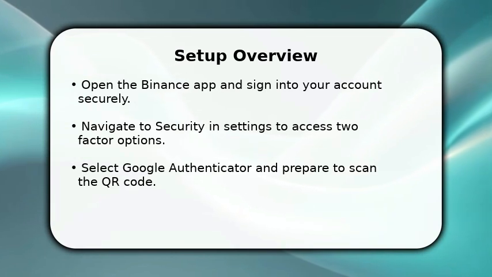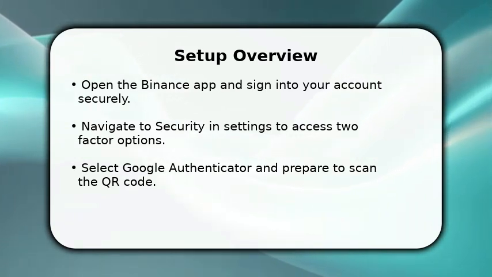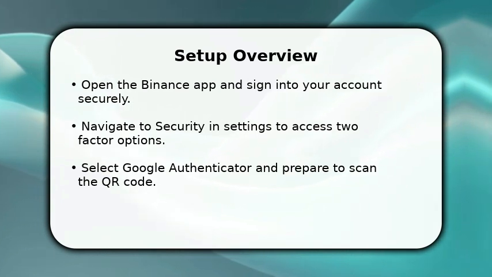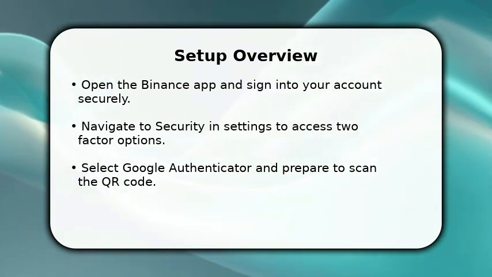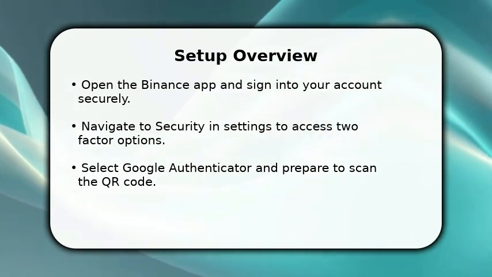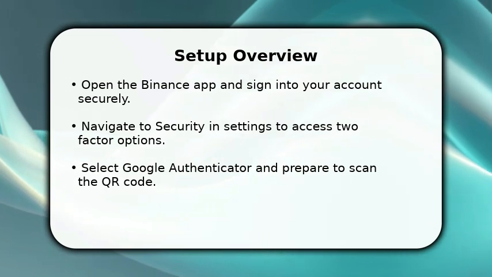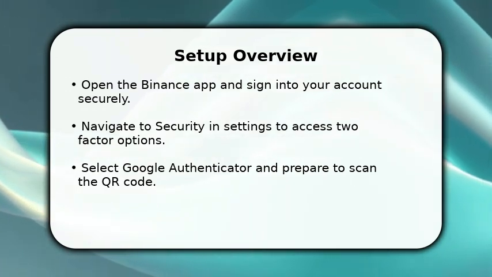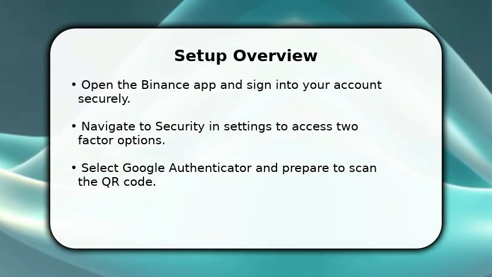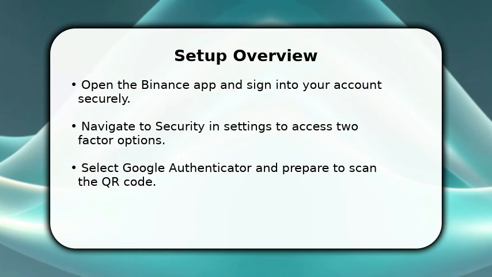In this video, I will explain how to set up Binance Google Authenticator step by step. Open the Binance app, sign in, then tap Security and choose Google Authenticator. Allow camera access, scan the QR code presented, and write down the backup key exactly as shown. Confirm the 6-digit code from the app to finalize setup and test login to ensure two-factor authentication works correctly and